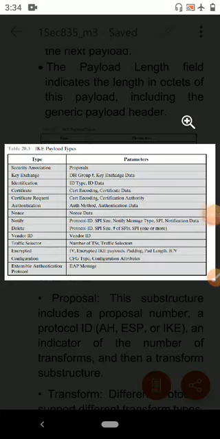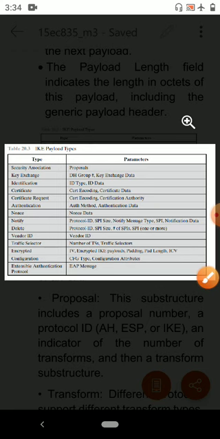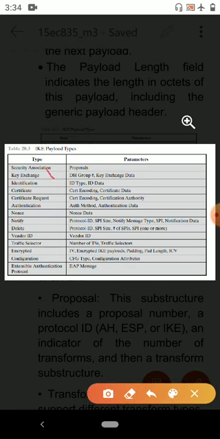Next, we will discuss Internet Key Exchange payload types one by one. I already discussed this security association type. Next, key exchange payload. The key exchange payload can be used for a variety of key exchange techniques, including Oakley, Diffie-Hellman, and the RSA based key exchange used by PGP. The key exchange data field contains the data required to generate a session key and is dependent on the key exchange algorithm used.